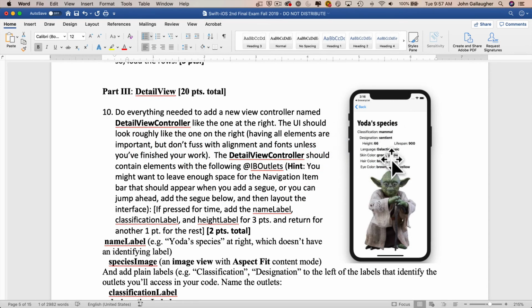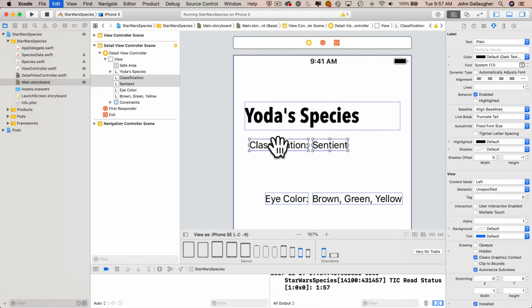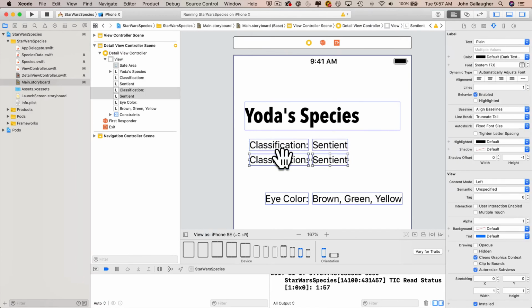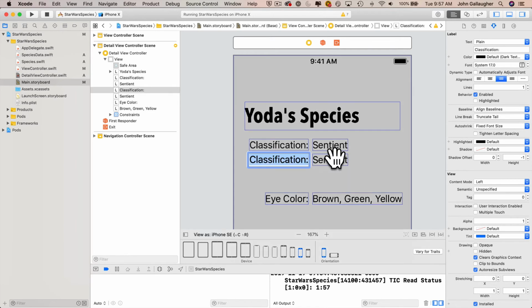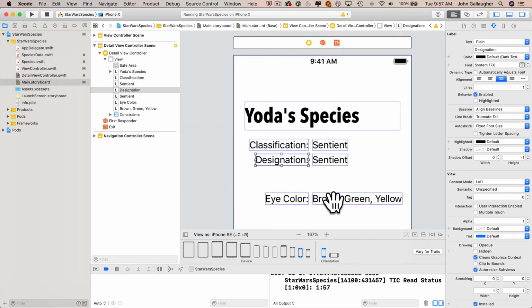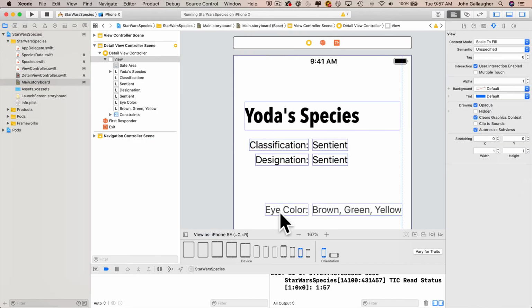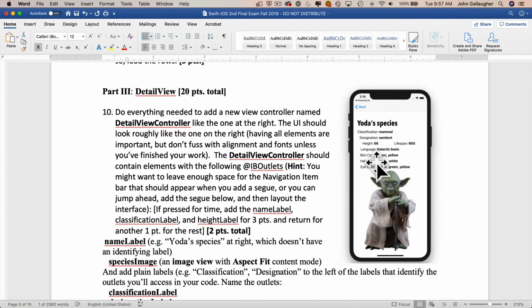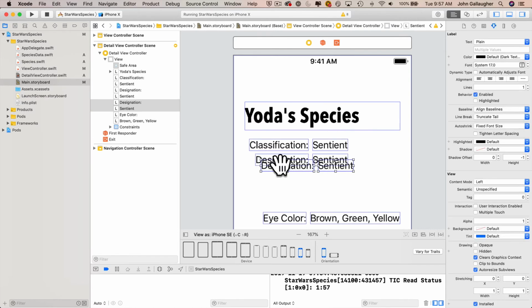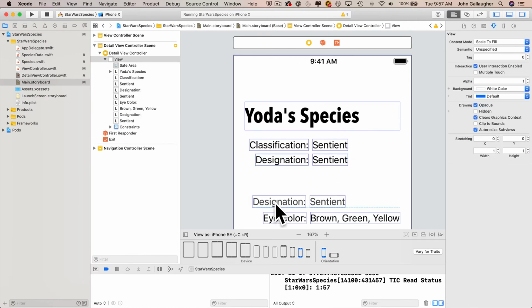Let's see, so we got classification, then we've got designation. Oh, so classification is mammal. But again, I'm going to delete that so it doesn't really matter what's in this particular value over here. But this will be designation. Then what have I got? I've got height and weight. I'll just give myself some space for that. But then put in language, skin color, hair color. All right, so space. And let's do over here